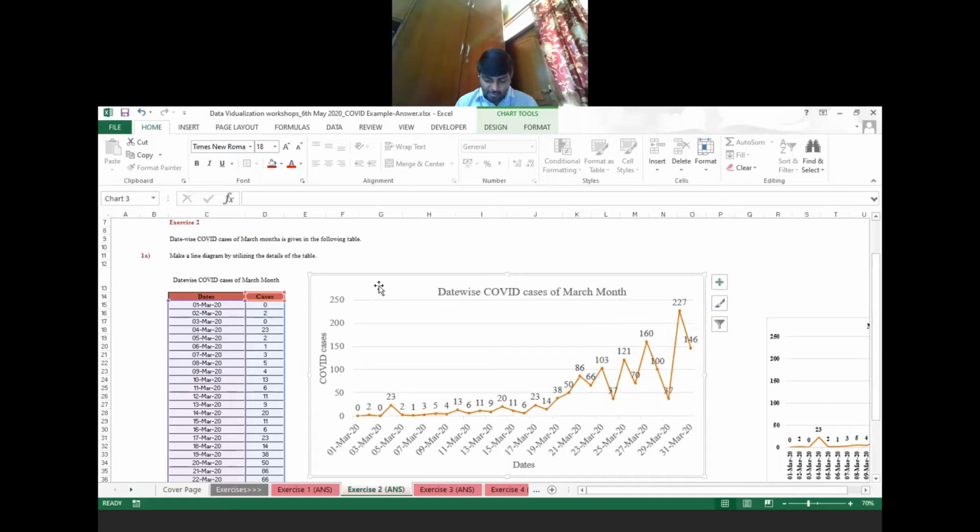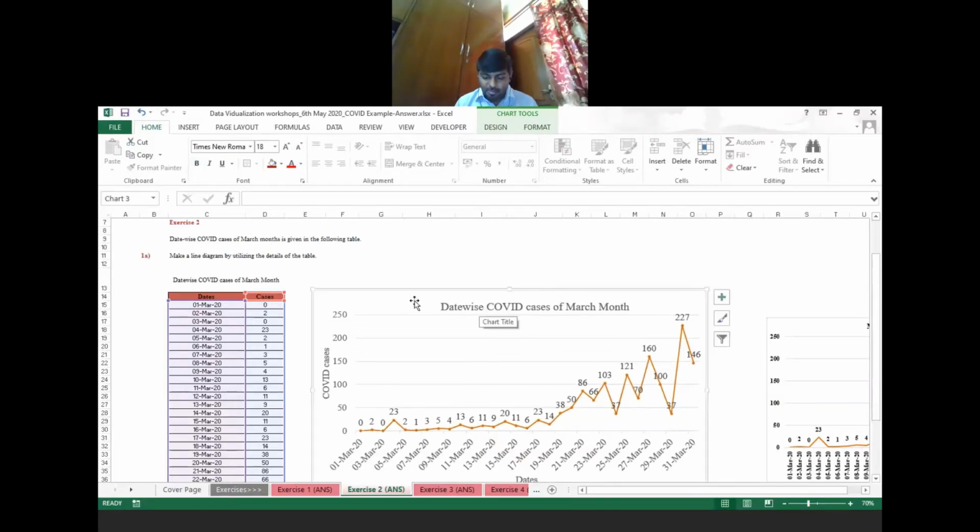If you want to bold this chart, then select the chart, go to the bold option. So there are n number of options that you can use. But the basic things that you have to complete with your chart are the axis title, chart title, and the data labels.